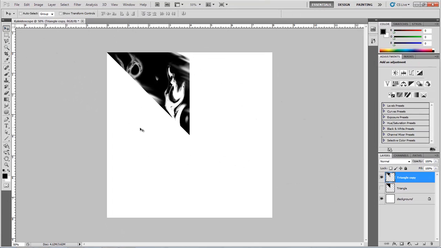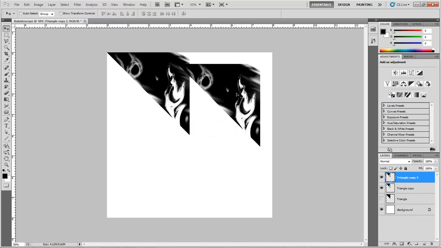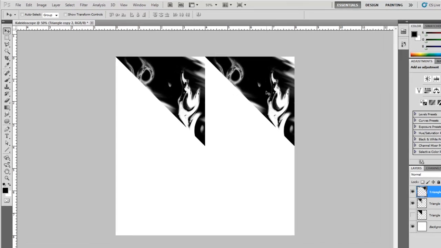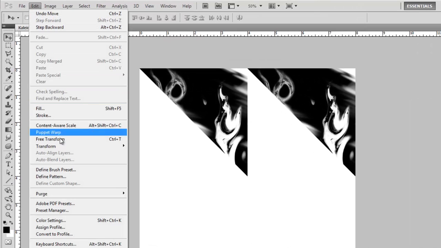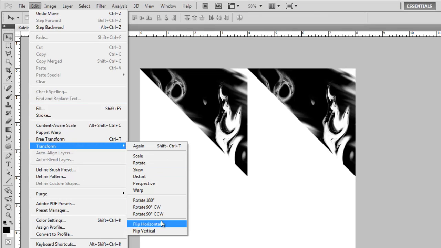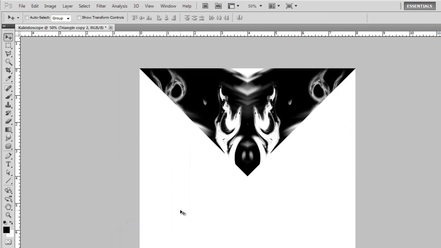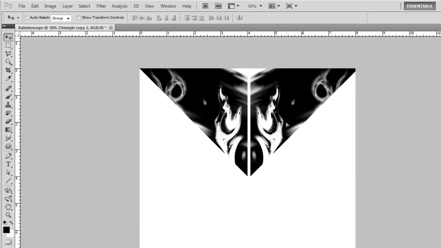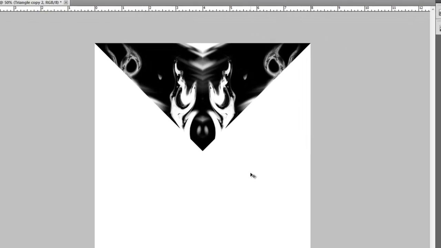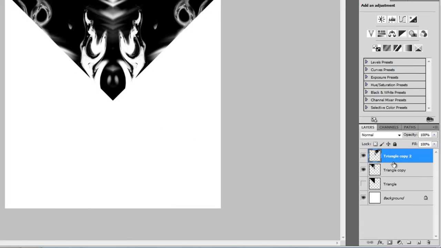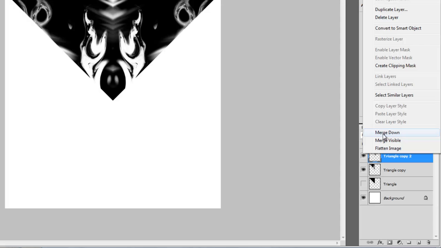Now, I'm going to grab my move tool and I'm going to duplicate this triangle. There's several ways to do that. The first method is grabbing the layer, dragging it down to the new layer icon. Then I'll move this over and let it snap into position. Then go Edit, Transform, and I'm going to flip this layer. I'm just going to make sure that I've got this snapped in the right position. Now I'm going to smoosh these two layers together or merge them. I'll right click, merge down,